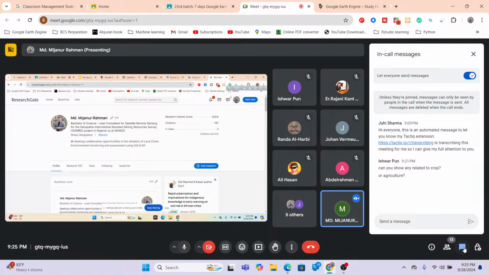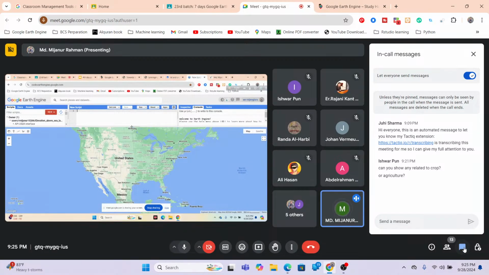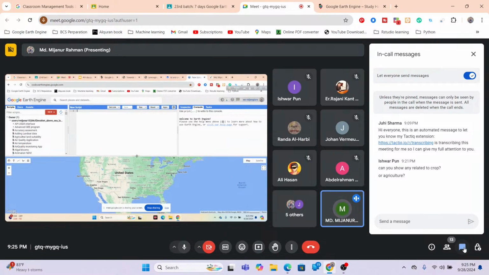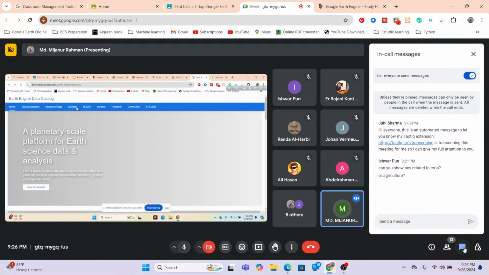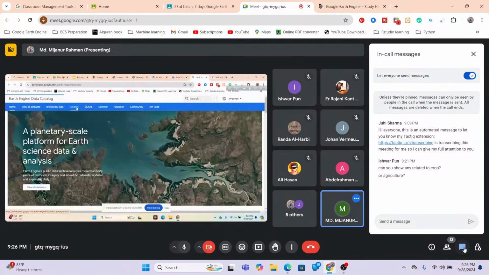Okay, so now move to the class. In this case, we already showed different types of algorithms from different papers for LST. Now I will show you how we can implement this type of algorithm in Google Earth Engine. So our main target is LST. Just I simply open my satellite imagery. In this case for LST, we are using the Landsat satellite imagery. Just I click here,